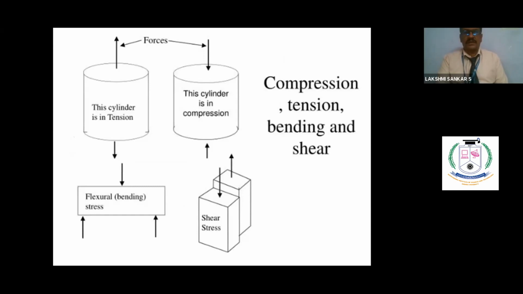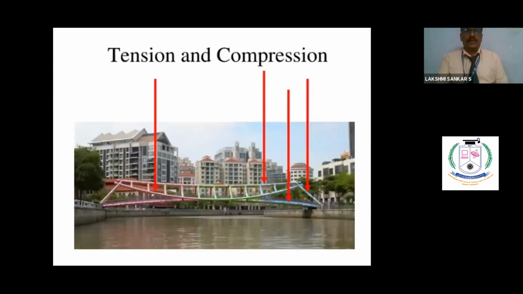For shear stress, the area is parallel to the axis, parallel to the force applied, whereas for axial forces, it is force divided by cross-sectional area. That is, the cross-sectional area is the area acting perpendicular to it, right? And there is a practical situation where a particular structure is experiencing different types of tension and compression. We had discussed that.